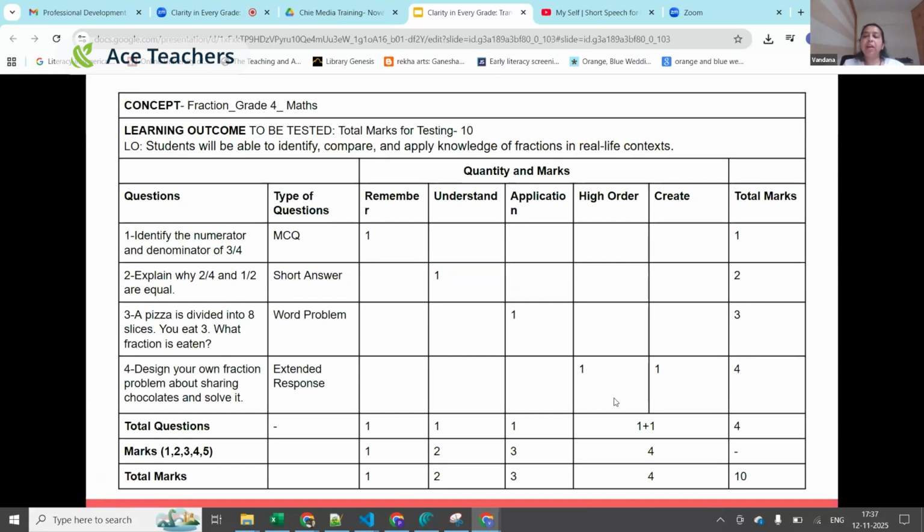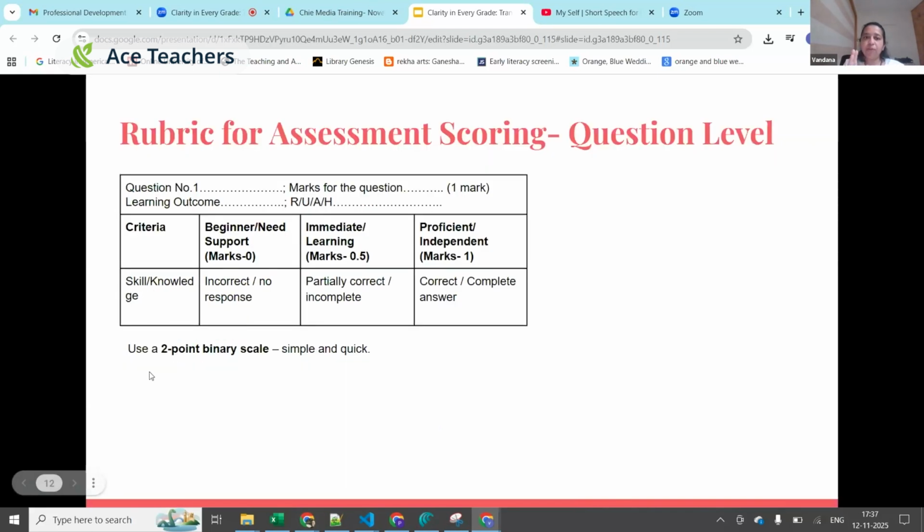where I'm assessing overall, for example, you are assessing me as Vandana. So overall, if you have to rate Vandana's performance out of 10, there will be a rubric for that. Also, there will be a rubric for how Vandana has performed on question 1, question 2, question 3, question 4. Right now I'll share how you can design first the question level rubric, and this is